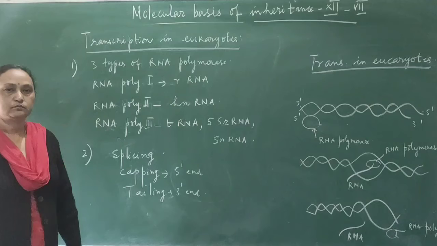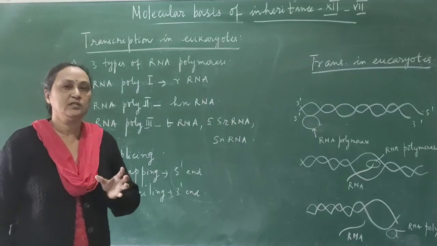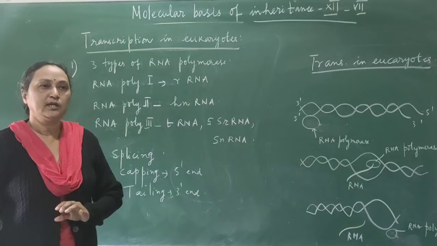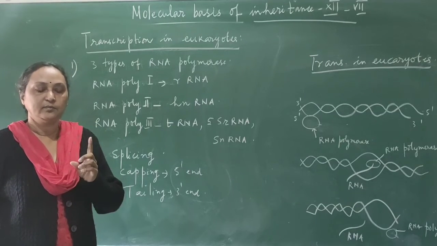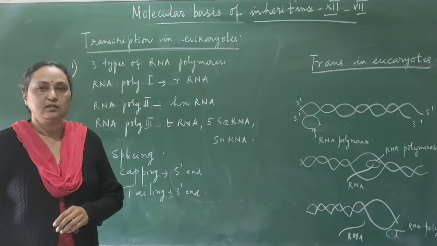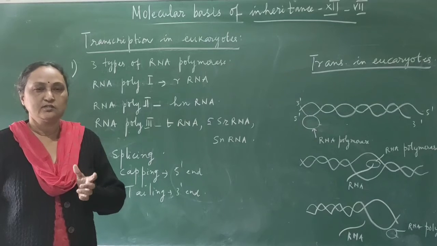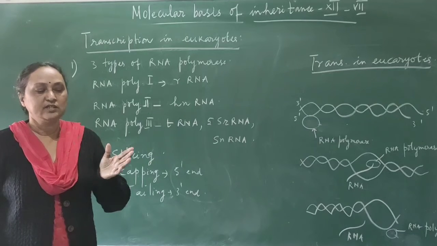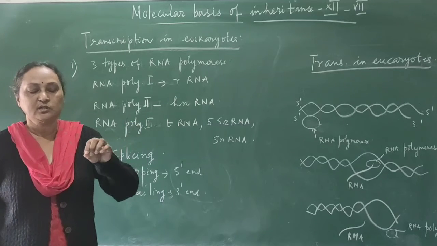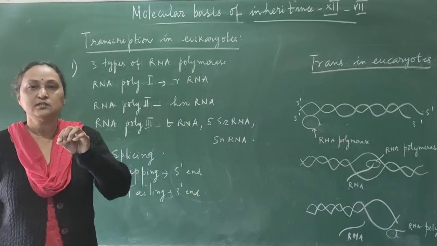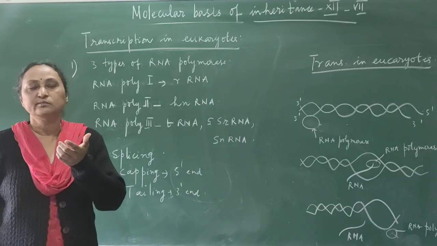Now we will discuss how the transcription process is taking place in eukaryotes. In prokaryotes, I told you there is one single RNA polymerase, and RNA polymerase binds to the promoter site. With RNA polymerase, sigma factor is also associated. Now the initiation process will start. Then the sigma factor will separate from RNA polymerase. RNA polymerase moves on the coding strand. Then the elongation process will take place, and a small RNA molecule will be produced.